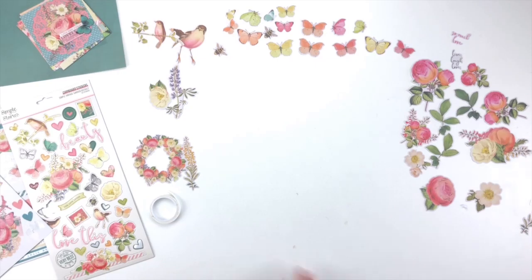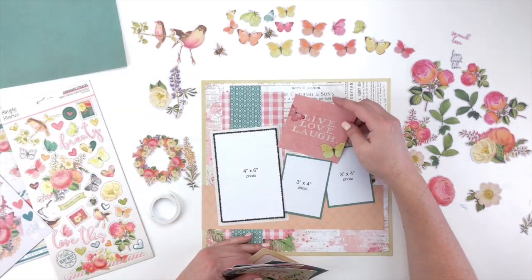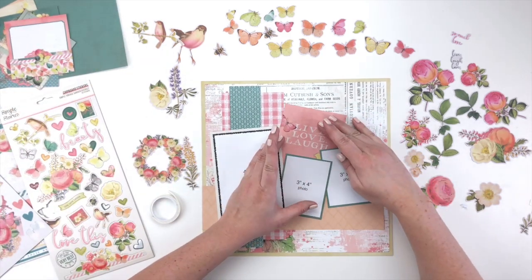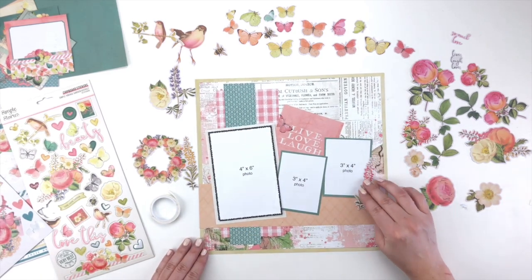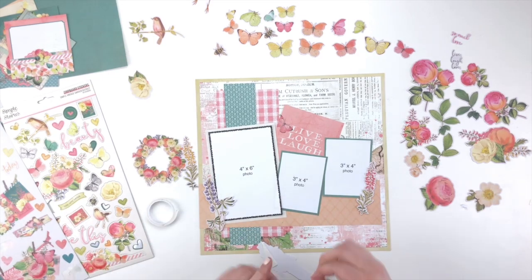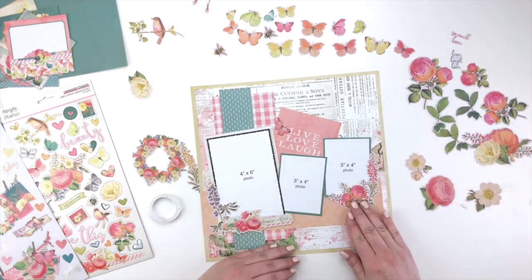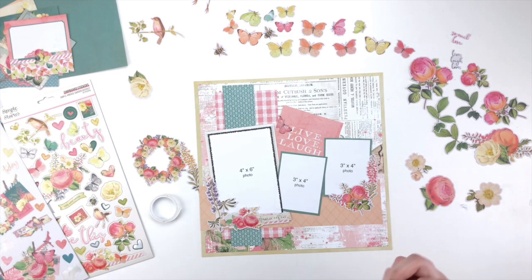So basically what I've done is I've used the flowers that are on the sticker sheet and on the chipboard, and I've used them like I would enamel dots. I surround a cluster area with those in a few places that just need a little bit of fill, and then I just layer everything else with each other, and I look at the page and decide, does something look better higher or lower than another element, and I just do what I normally do when I build pages, and I look at how